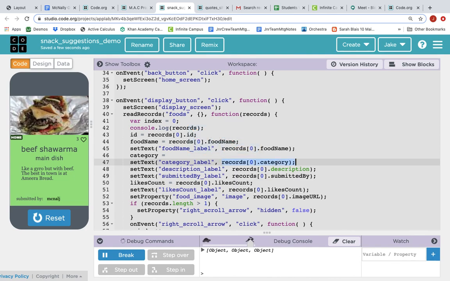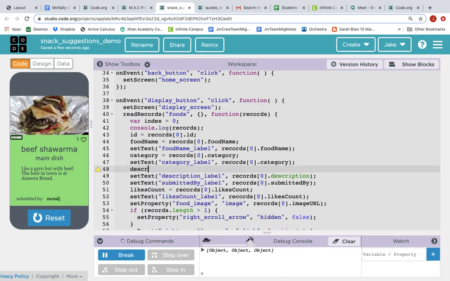So one thing we can do, Command V. One thing we can do is we can try to Command C, Command V. We can try to use our keyboard shortcuts to try to make this faster. So let's say we're going to do description here, and we're going to set the value of description equals, and I'm going to go down here, and I want to copy this record 0 description. So I'm going to do Shift right arrow. Shift Command right arrow takes me to the end of the line, and I hold Shift down and I back up a little bit to get just what I want, and then I do Command C, Command V,